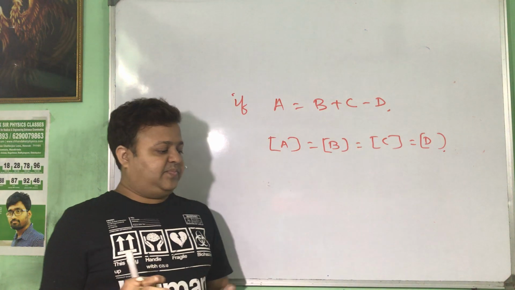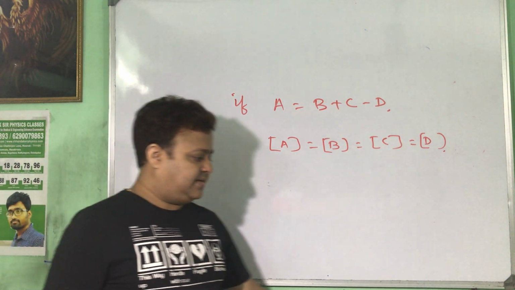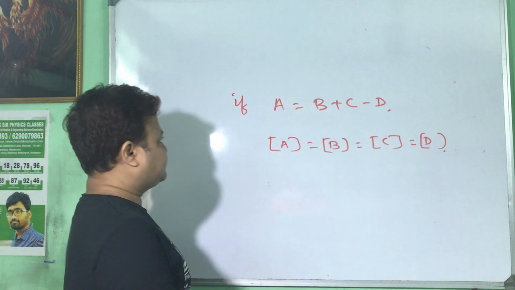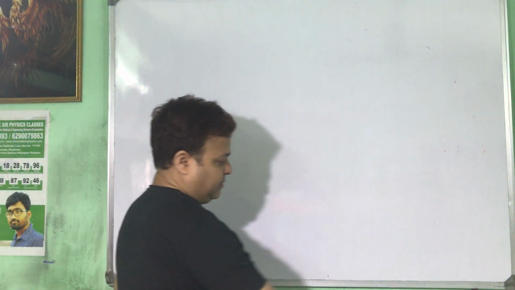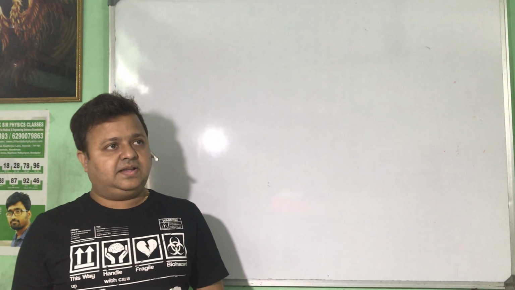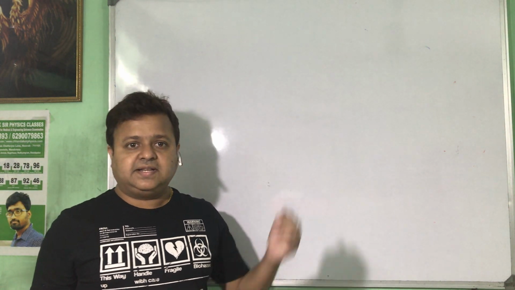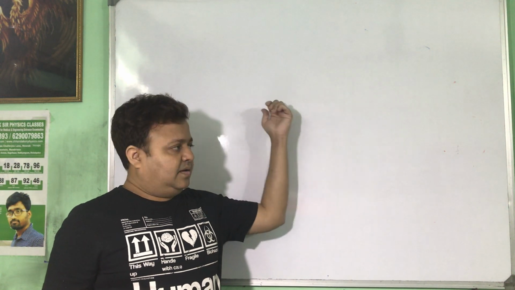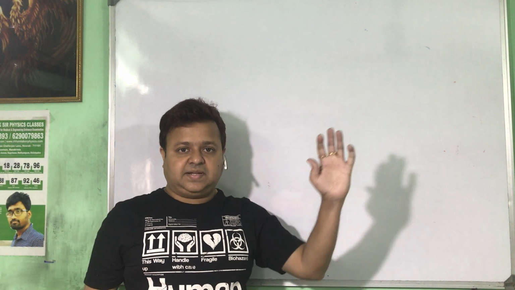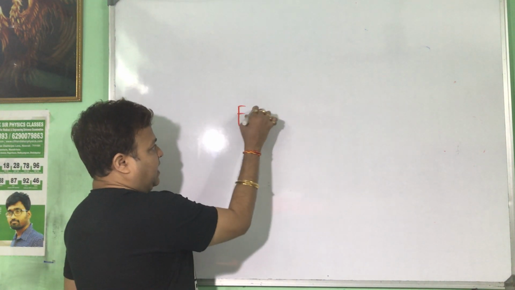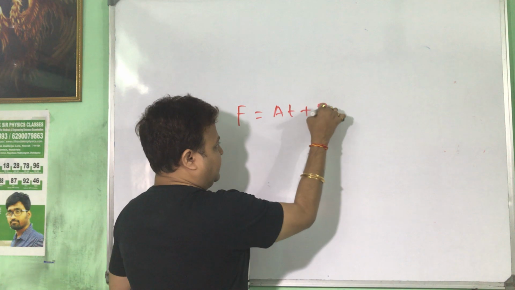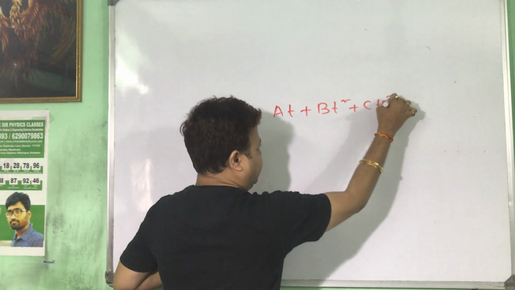Okay, এর উপর বেস করে ছোট ছোট কোশ্চেন্স বা প্রবলেমস থাকে এরকম টাইপের এক্সাম্পল। যদি কোশ্চেন দেয় state and explain the dimensional homogeneity, then if A equal to B plus C minus D, this is dimensionally correct, then we can write the dimension of A equal to B equal to C equal to D. Just this one. Example, F equal to AT plus BT square plus CT cube.